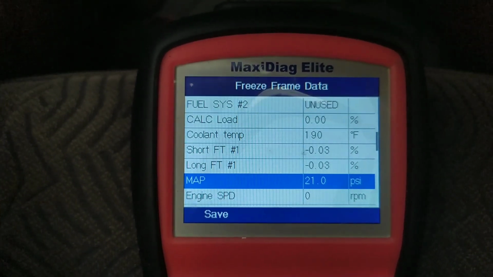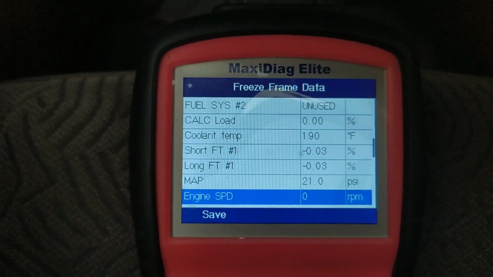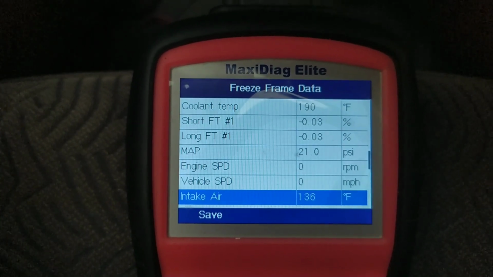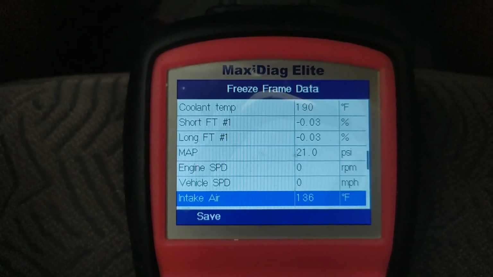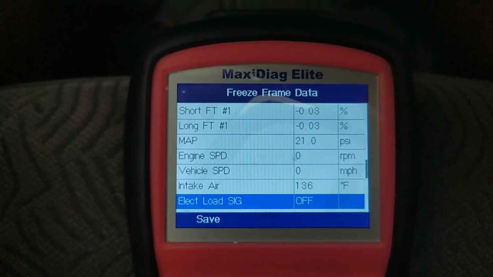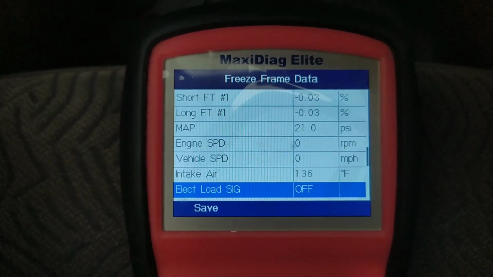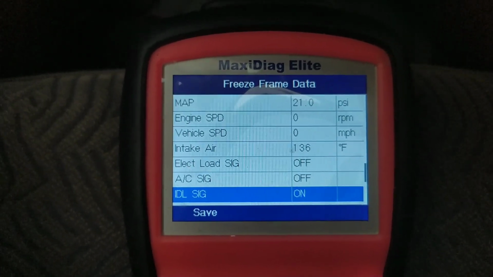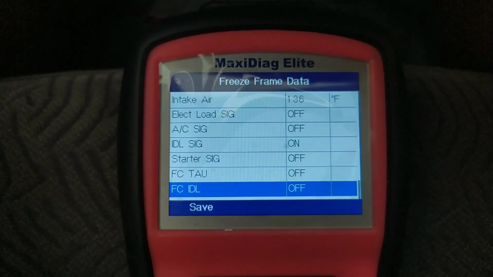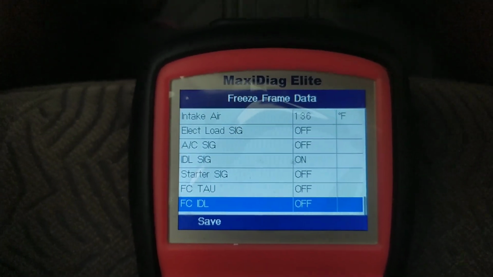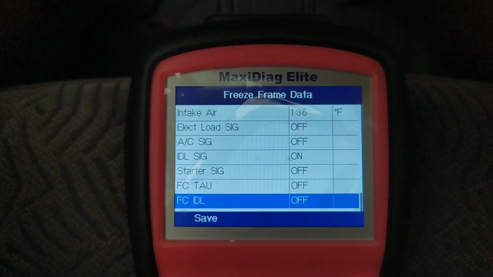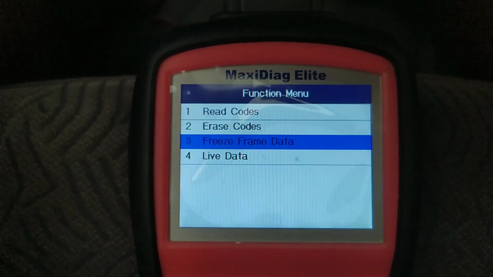So let's look at the other parameters. Engine speed 0, stating that the data was recorded when the engine was off, and obviously the speed was off. Intake air was 136. So yes, that's my interpretation. So right now I'm going to go back now, and then